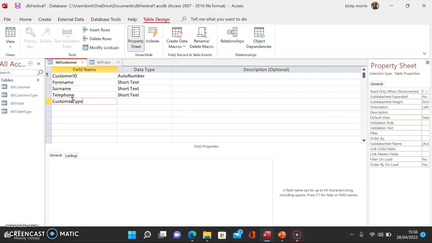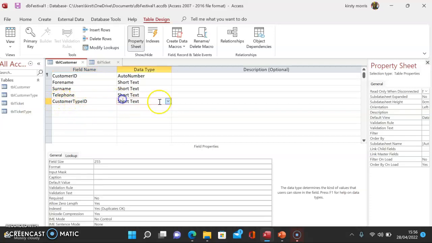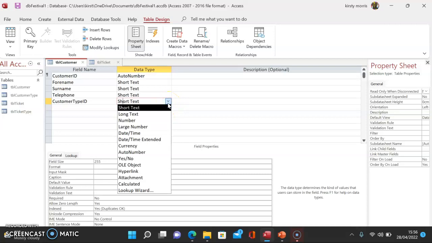Now it's really important for task 2, for your marks, that your customer type ID and any other foreign key you put in here is spelt and presented exactly the same way inside of here as it is inside of its parent table. You'll lose marks if that doesn't work, and plus Access won't work. So what we're going to do is put up a table lookup between these 2 tables,